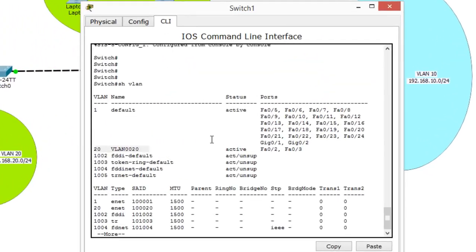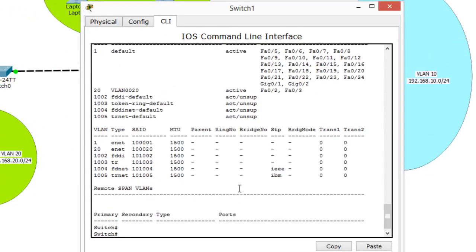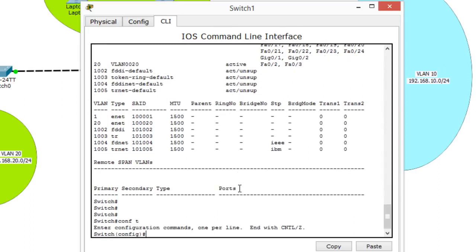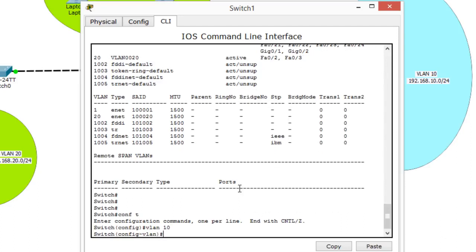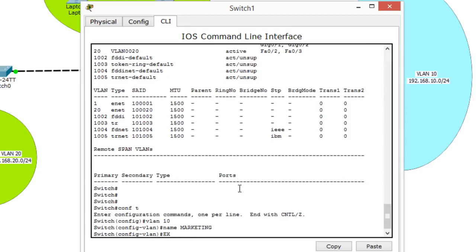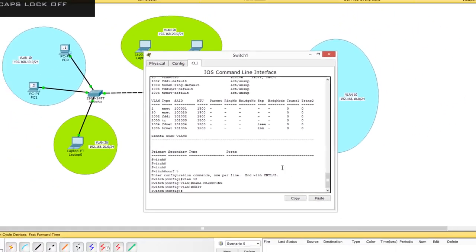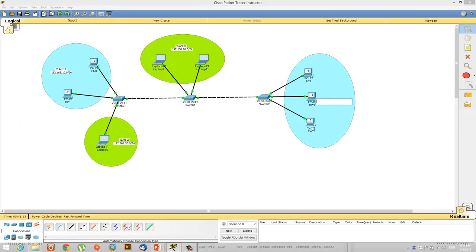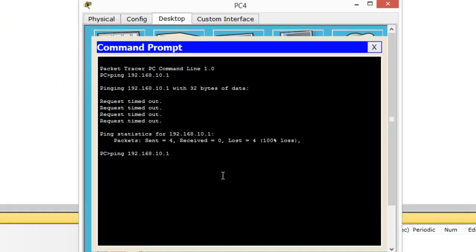What we need to do is come here to this switch, configure terminal. I create a VLAN 10. So all I have to do is say VLAN 10, name marketing, and exit. Now will this work? So I go here, I try the same command,